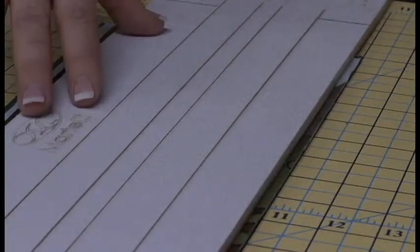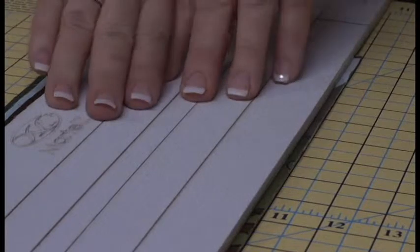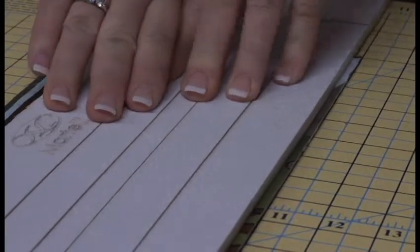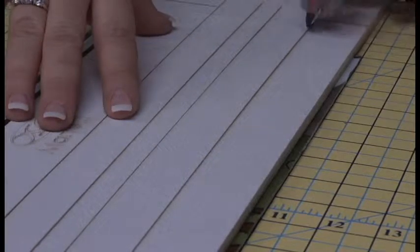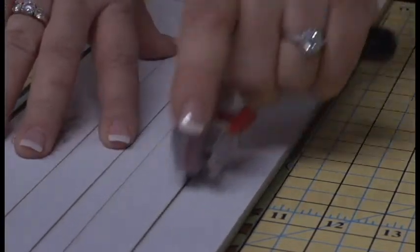Alright, so let's look at doing basically that same thing with the no slip strip ruler. First of all, I see that when I put pressure on this, that ruler doesn't move. You can see how that fabric stays right in place. When I place my blade in, because this ruler is much more substantial, when I go to cut, all it